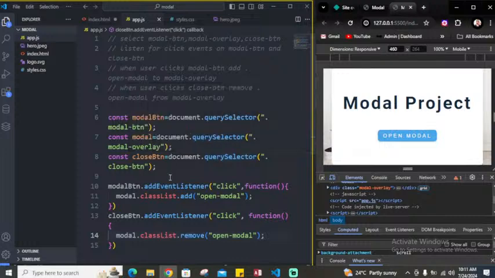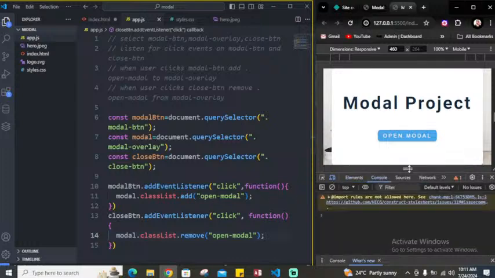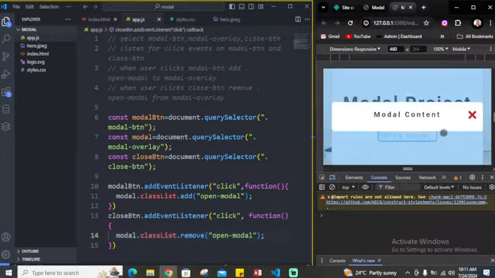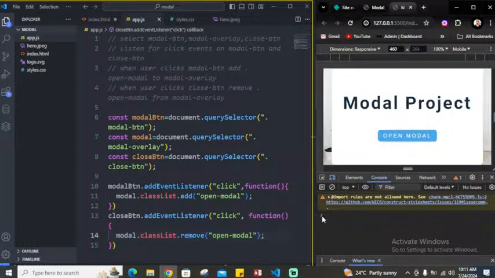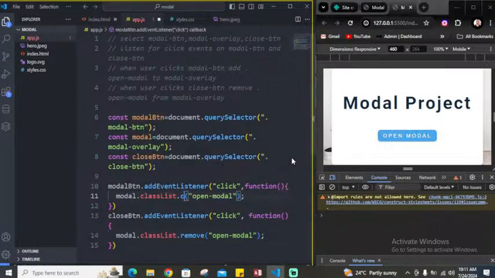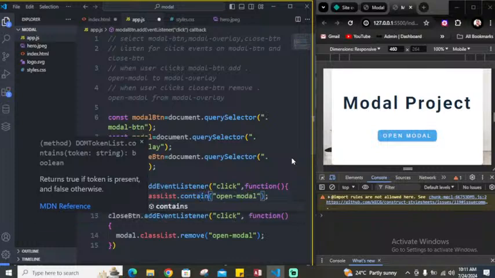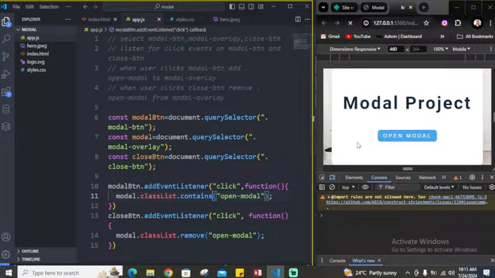So let's now go back to Raphael. Now you see this property called classList. What it does is it tells you if a class exists. If the class does not exist, look at it. If you check your cursor, when I click on this, let's say I have dot contains. Okay, I have dot contains. If I click on it,